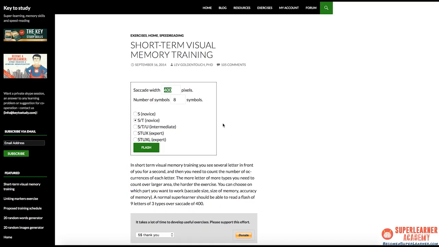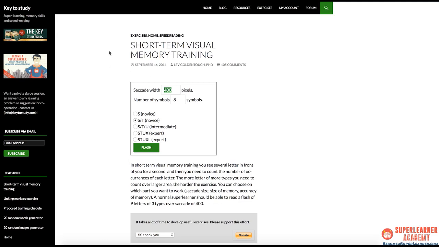All right, guys, I want to demonstrate to you the power of chunking and really how effective a skill it is, because it is something that is going to be coming up over and over. Even when we learn the more powerful mnemonics, we're going to be using chunking. And so, in order to first demonstrate visual memory and how chunking can benefit that, we're going to head over